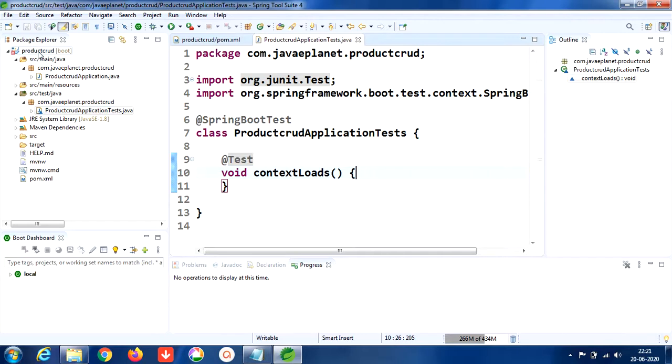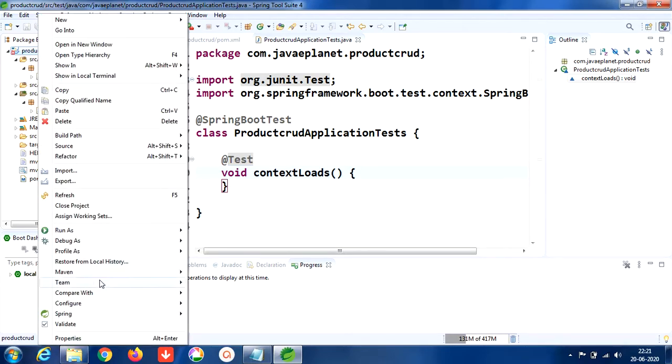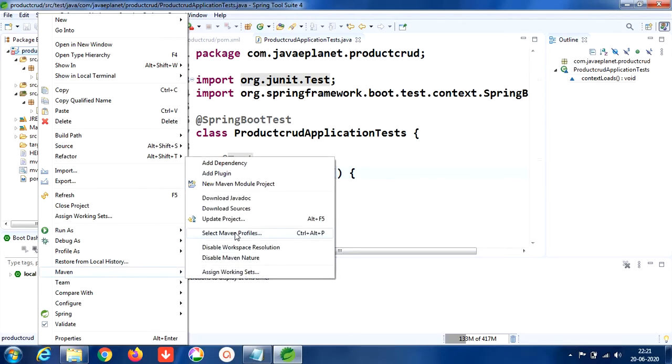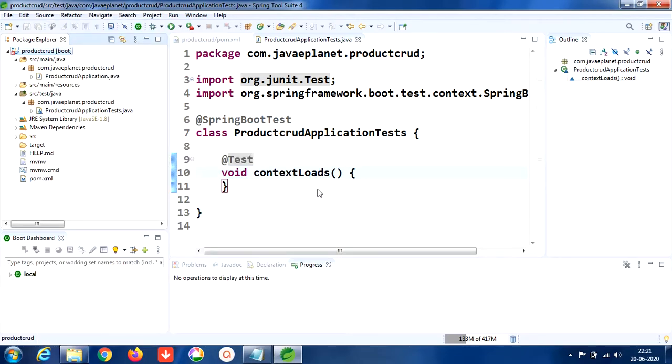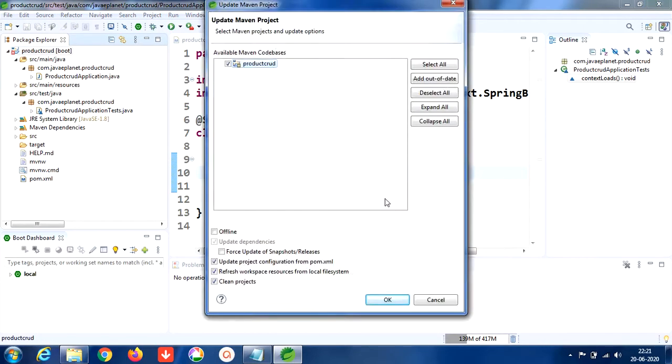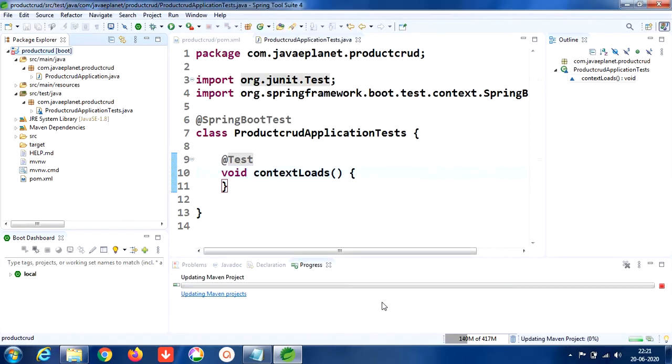Everything was clear, but we are seeing the error mark on the project. To remove that, right click on the project, Maven, update project, click on OK.